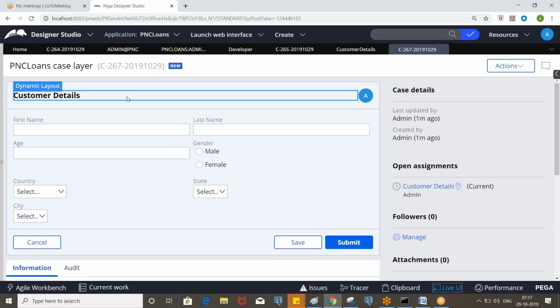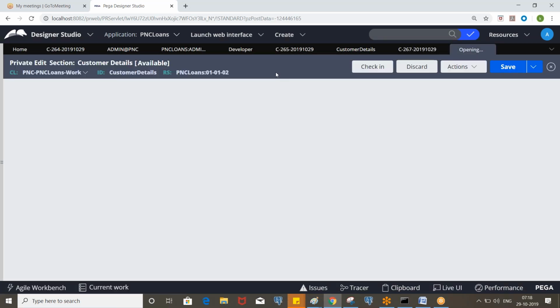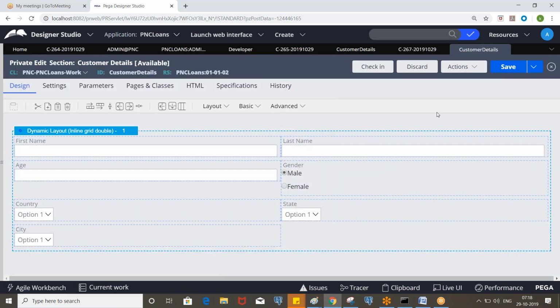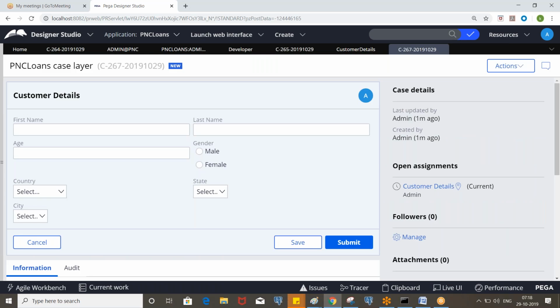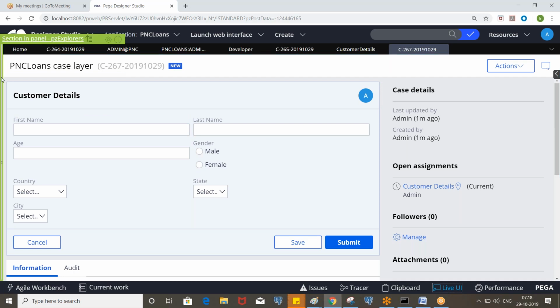Okay. So here, if you click, it will open the corresponding section. So this is customer details, and it is open. Clear? Now we need to identify what harness is being invoked. So take the live UI and see.